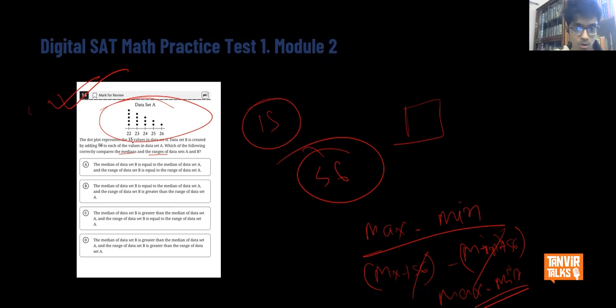মধ্যক থেকে বড় হবে। ওকে, সো the median of dataset B is greater than the median of dataset A, and the range of dataset B is equal to the range of dataset A. Yes, range দুইটারই সমান থাকবে, বাট মিডিয়ান চেঞ্জ হবে, বি সেটের মিডিয়ান বড় হবে, বিকজ আমরা এটার সাথে 56 যোগ করছি, রাইট? সো ইয়া, দ্যাটস দ্যাট।